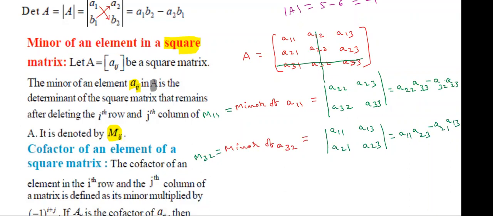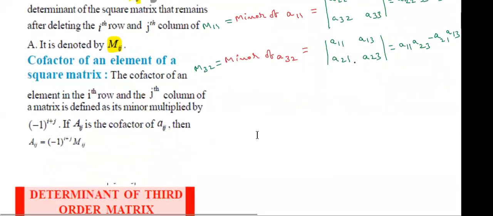Students, have you understood how we are finding the minor element? Whichever place you want to find the minor element, first take that and write the plus symbol. Suppose the minor of the element 2, 3. This element I want to find the minor of. In place of that, write the plus symbol. The remaining elements, these 4, apply the determinant. You will get the minor of A23. Students, have you understood? Right. So how to find the minor is completed.